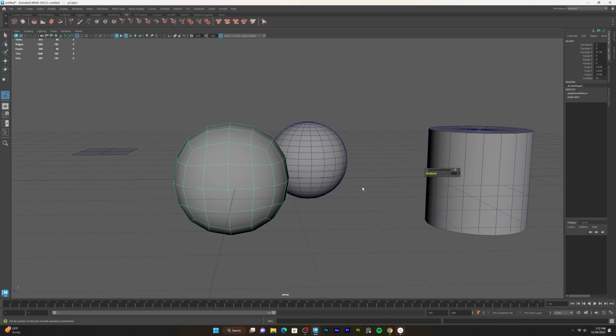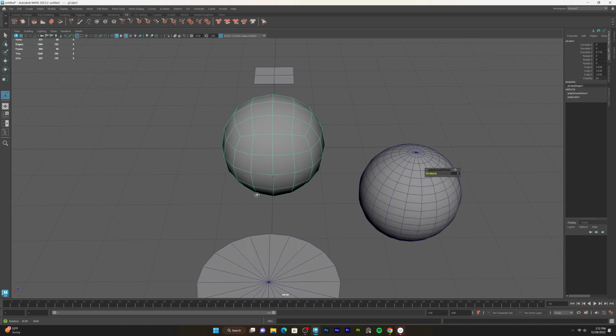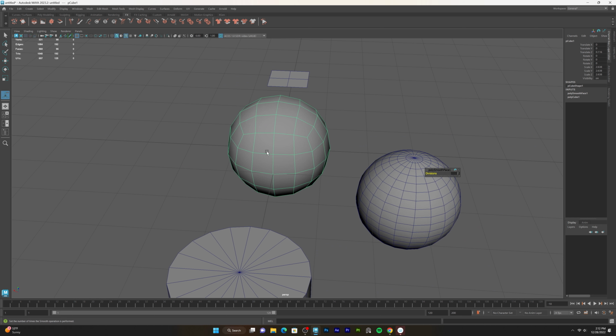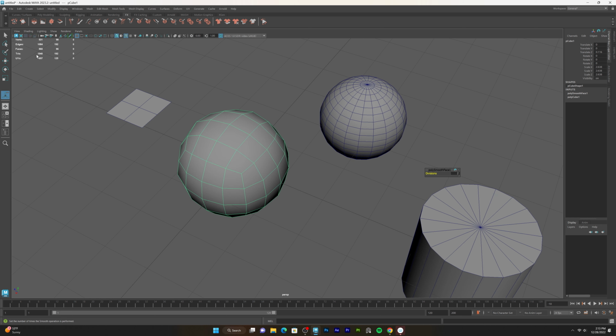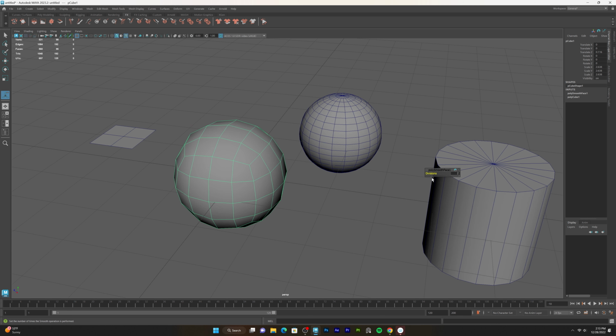If I do want it to be more round for some reason, this will be just perfect for anybody that wants to do anything that's a circular form, and you want a sphere. This should be sufficient. It's low on tris, poly count is low. You can work with this, but if for some reason you need it higher, you can change the number here,